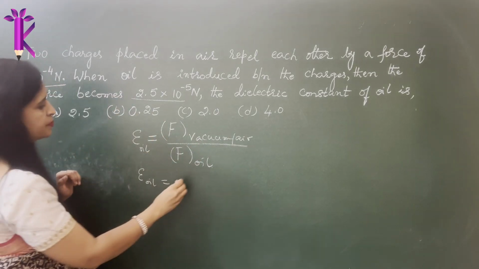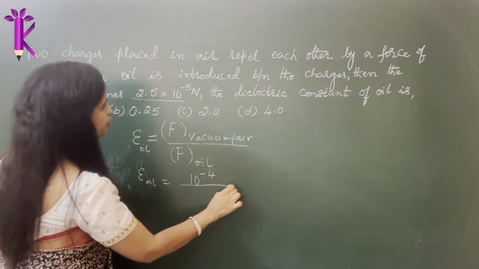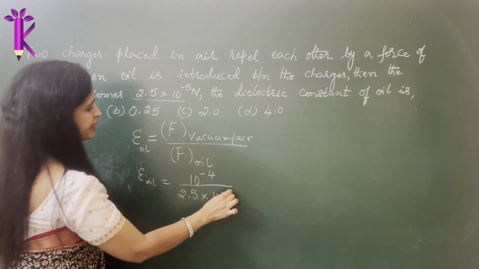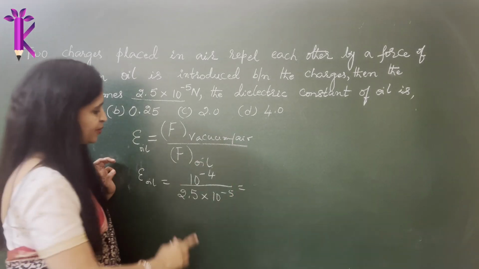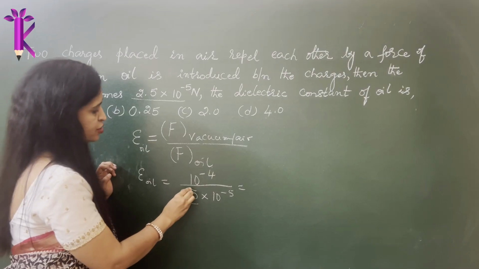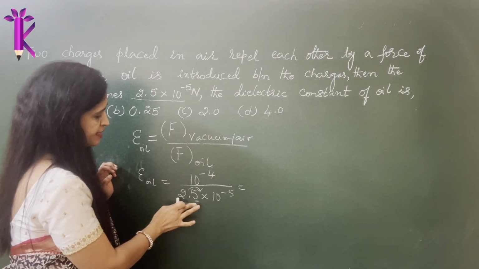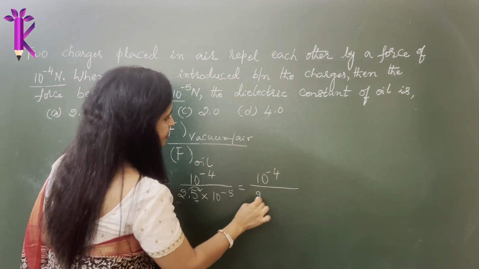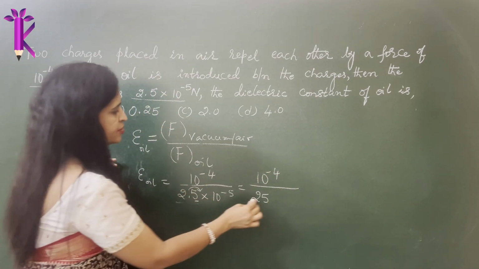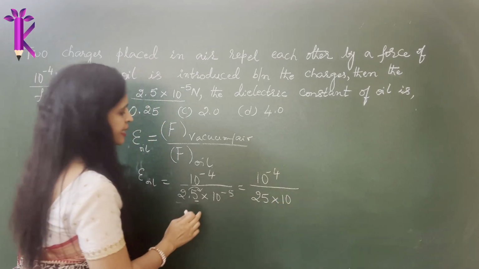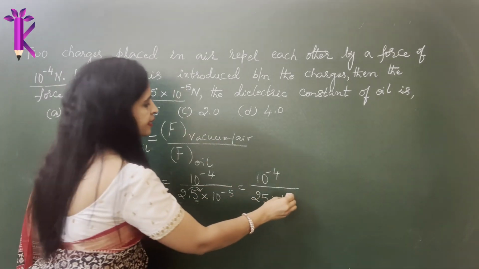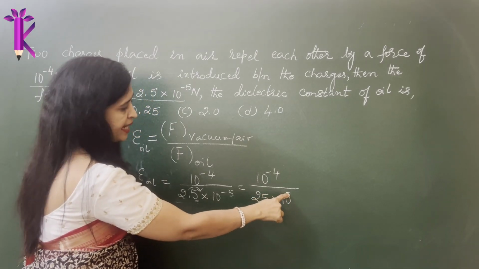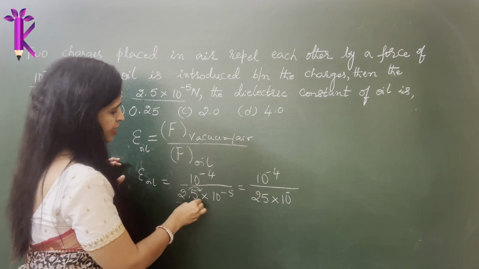Force in vacuum is given to be 10 to the power of minus 4 Newton. Force in the medium, which is oil, is given to be 2.5 into 10 to the power of minus 5 Newton. So here let's use our thumb rule and simplify this decimal. I want to shift the decimal place to the right. I am shifting only one decimal place. So what happens to the power of 10? So this I will retain as such. So this becomes 25. I have moved the decimal place to the right. So 10 to the power of, when you shift the decimal to the right, the power of 10 decreases. By how much? When I say decreases, I have to introduce a minus sign. By one decimal. We are moving it by one decimal.